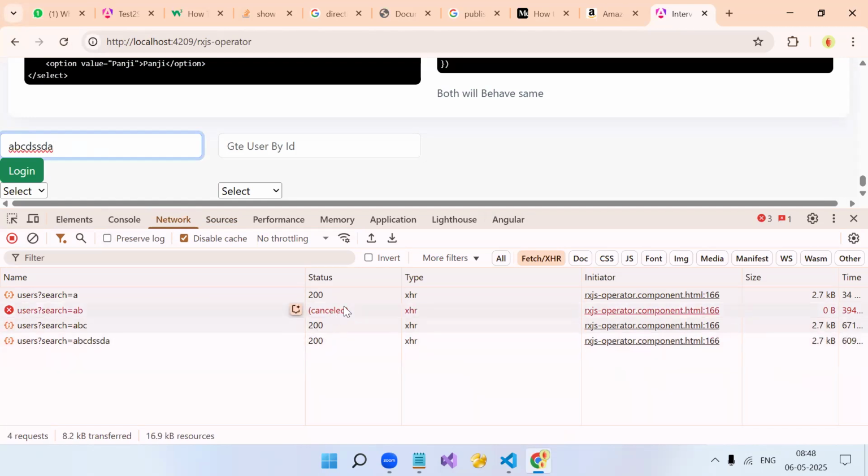ठीक है, ये बोल रहा हूँ मैं, रिस्पॉन्स आ गया था उसका, क्योंकि जैसा प्लेसहोल्डर है, बहुत स्पीडली रिस्पॉन्स आता है। ओके, ये कैंसिल हो गया। जैसे ए बी टाइप किया है, इस एपीआई कॉल का रिस्पॉन्स आने के पहले ही मैंने एबीसी टाइप किया, तो ये वाला मेरा कैंसिल आउट हो गया। सो स्विच मैप हमेशा इसी सिनेरियो में यूज करना है, दूसरे सिनेरियो में मत यूज करो।